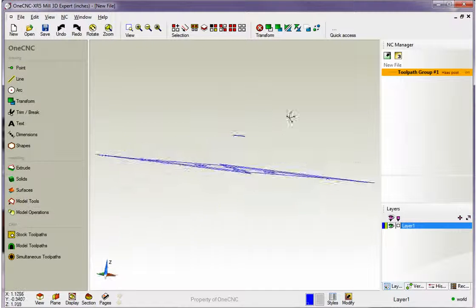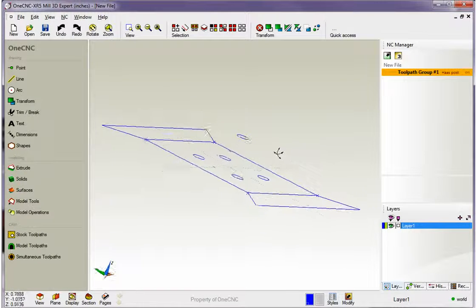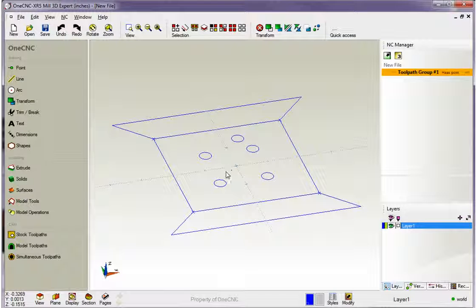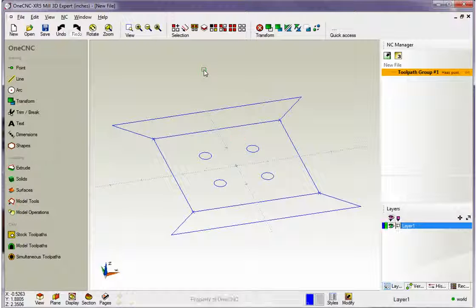So to begin with, why don't we get rid of this floating circle up here at x0, y0, z1 inch. Now remember, to delete something within OneCNC, you need to select it first. There's a couple ways you can select geometry. One technique is to come up here and select this first option. This is your single entity selection tool. Or you can simply hit the letter S on the keyboard like Sierra. That puts you in select mode, and it's also like clicking this first button here. I'm going to left click on that circle and then just hit the delete key on the keyboard to